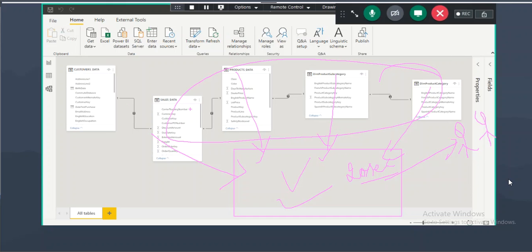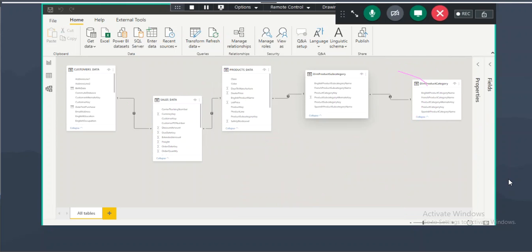So how can you convert this Snowflake schema into star schema? I can combine these 3 tables into one table, and I will establish the link between these 2 tables. Whenever my client asks to show product category, you will drag it from this. Whenever the client asks to show product subcategory, you will drag it from this. Whenever the client asks to show product name, I can drag it from this. Whenever the client asks to show sales data, I can drag it from this. This time I'm creating the visuals on only 2 tables.